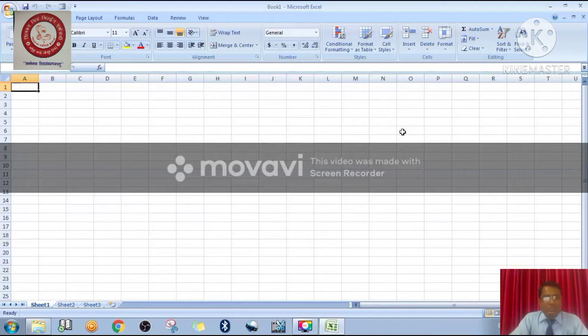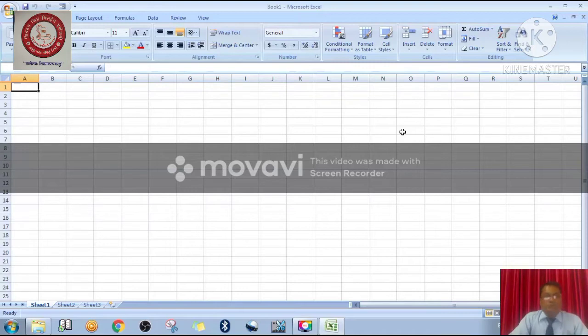This is the Excel sheet interface, and in the previous videos I have already explained what the interface looks like, what the parts of it are, and how we are going to work on it, right? Very few details are pending here. So you need not worry about it. I am here to explain the same.